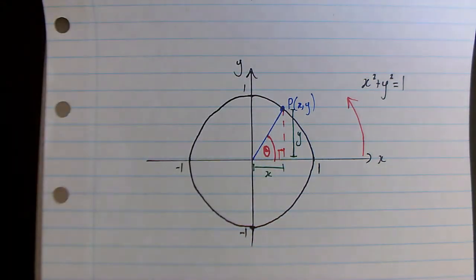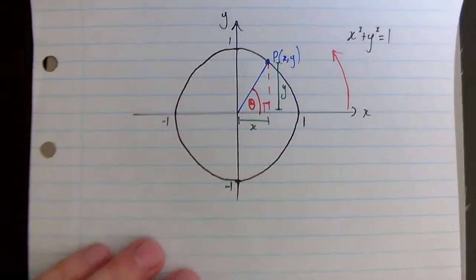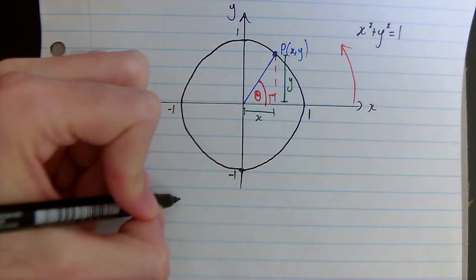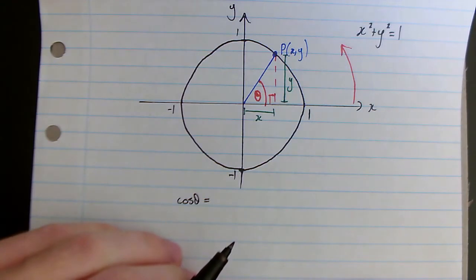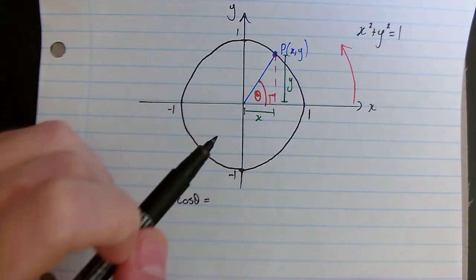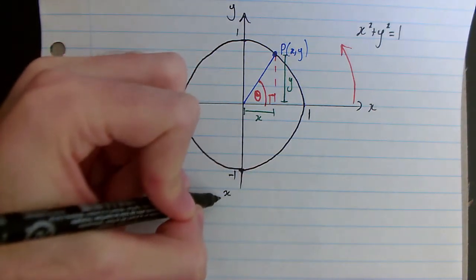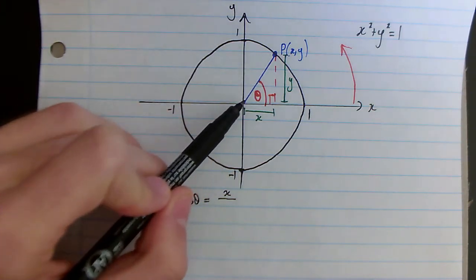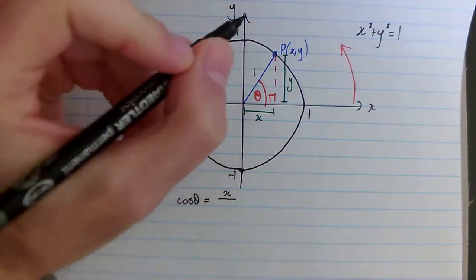And using basic trigonometry, we should observe a few things. First of all, by just using basic SOHCAHTOA, we see that cos theta is equal to adjacent over hypotenuse. Now, the adjacent side here is x. So it's adjacent x over the hypotenuse of the triangle, which is this here. Now, the question is, well, what is this length here? And the answer is 1. Reason being that